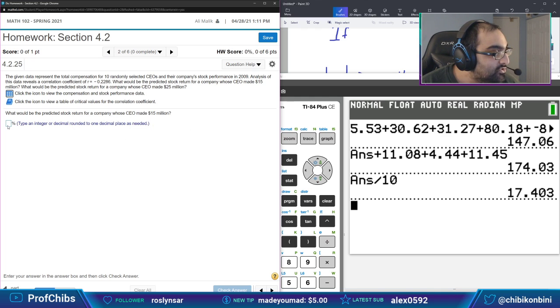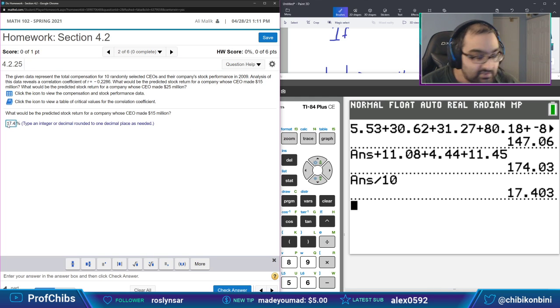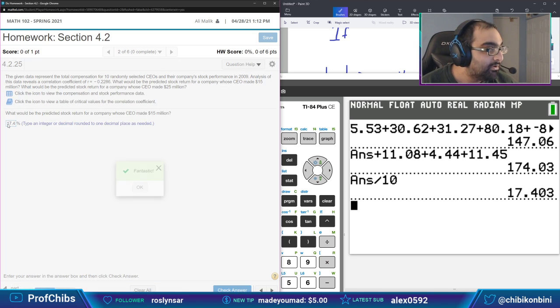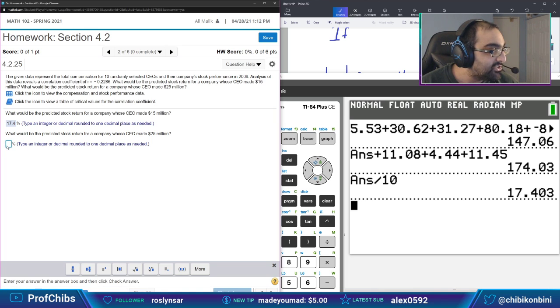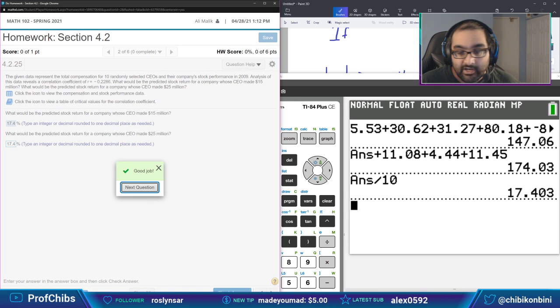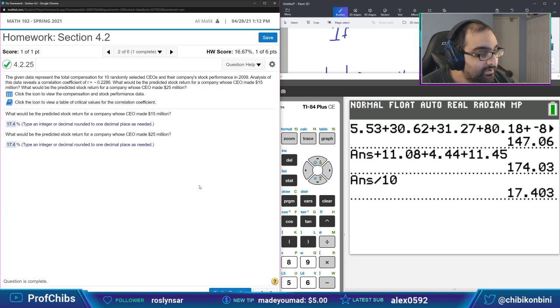Okay, so if I put in 17.4 for this, instead of using the line of best fit because there's no linear relationship, then it'll tell me that's the right answer. And you get the same exact answer for the next part as well because there's no linear relationship. You're just taking the same average with the same numbers, and I get it right. So that's what I'm doing here for, say, section 442, number 2. So I just want to point out that one little difference here.